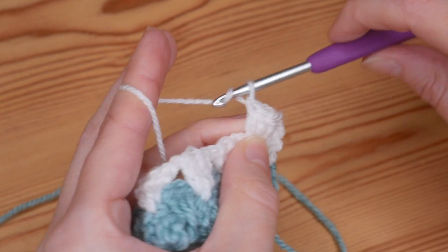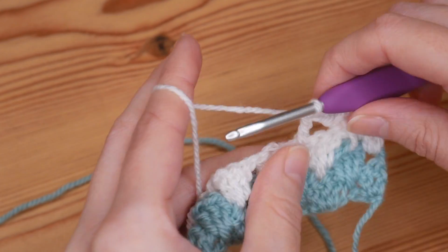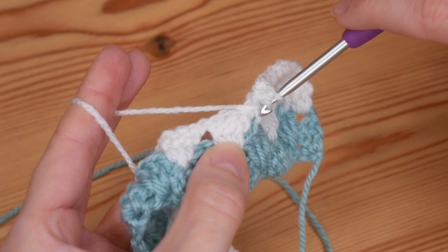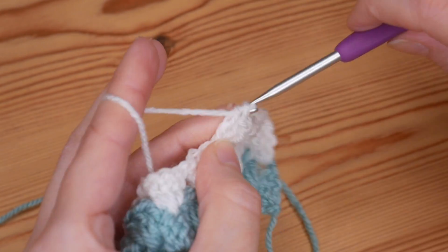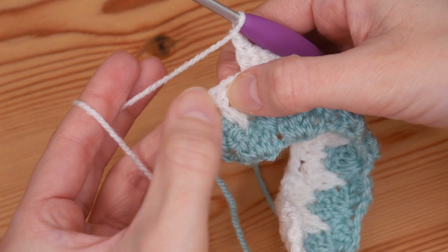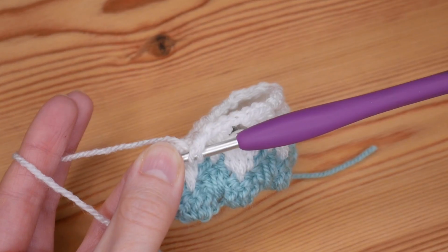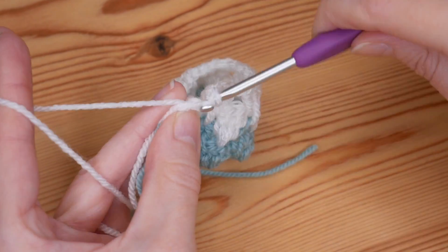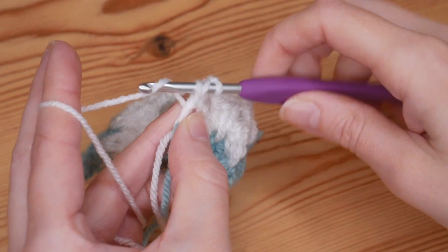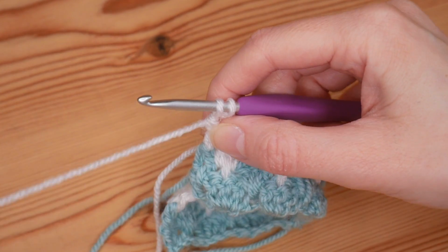So I'm going to work all the way along. I'm going to go quite quickly because literally I just want to get to the other end to show you how to pick up that original starting colour once more. So again, once you get to the end, you're going to work your final 2 trebles into that space between your cluster and your final chain. So I'll do 1, and then again I'm going to stop halfway through that final treble when I've only got my 2 loops,